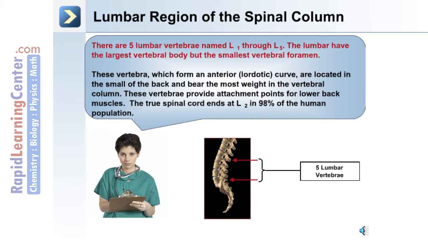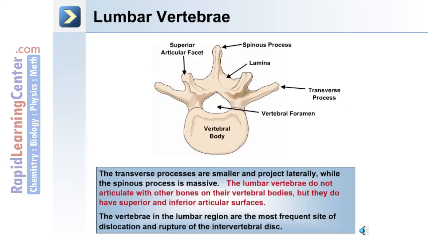These vertebrae provide attachment points for lower back muscles. And the true spinal cord ends at the second lumbar vertebrae in 98% of the human population. As shown in this image, the transverse processes are smaller and project laterally, while the spinous process of a lumbar